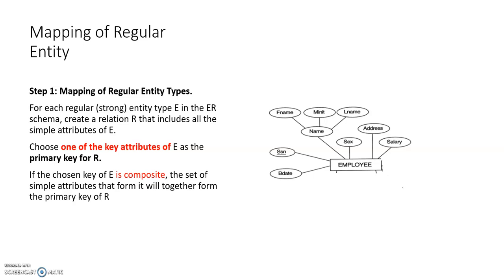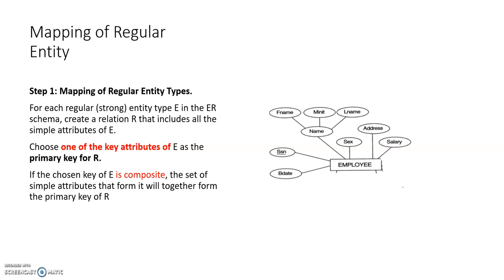For a regular entity, we can make a new relation with the same name as the regular entity type. And we can include all the simple attributes of the regular entity in the newly created relation. Choose one of the key attributes of the regular entity as the primary key of R. Suppose this chosen key is composite, then the individual components can be put in the